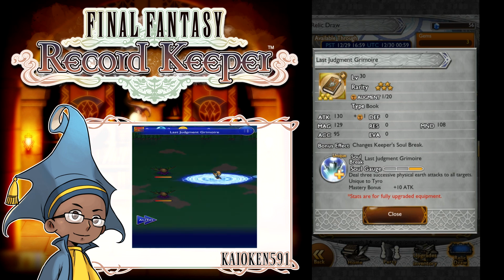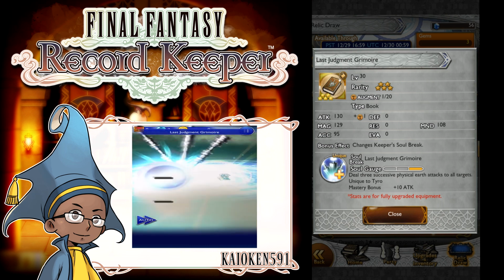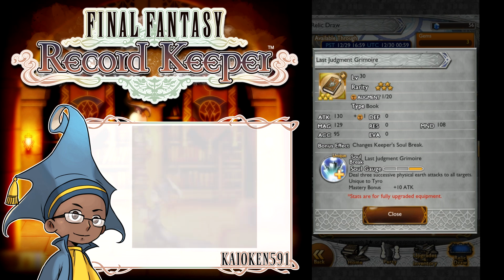It is a book, obviously unique to him, so only he can equip it. It has 130 attack, 129 magic, and 108 mind. Again, a very good weapon for Tyro stat-wise. Take a look at the Soul Break real quick. The Last Judgment Grimoire deals 3 successive physical earth attacks to all targets. That's not bad. Only thing is Tyro has low attack, but this book does give him quite a buff